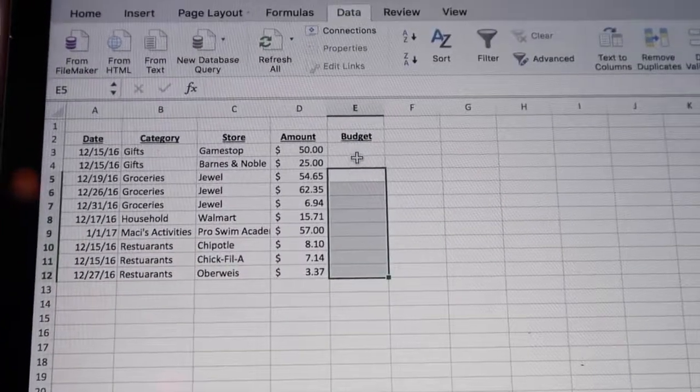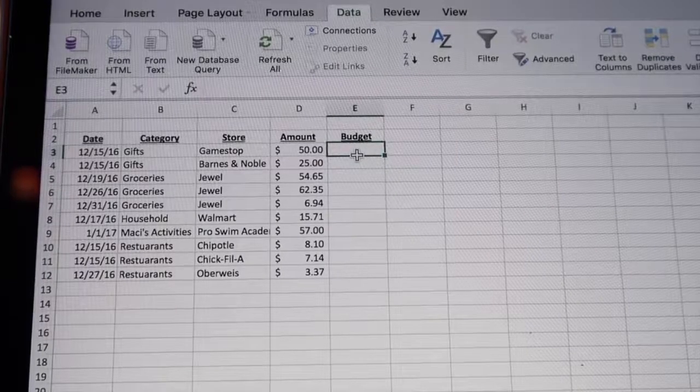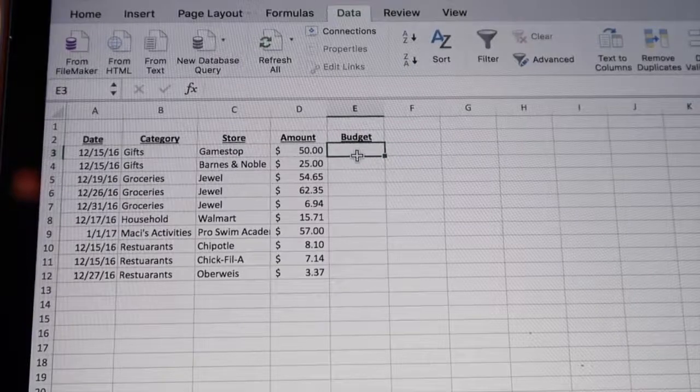So how I'm going to do that is I am going to do an equation. And I know this technically goes under the equations that I went over, but